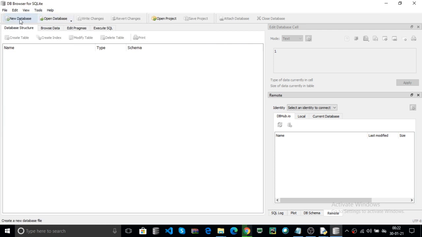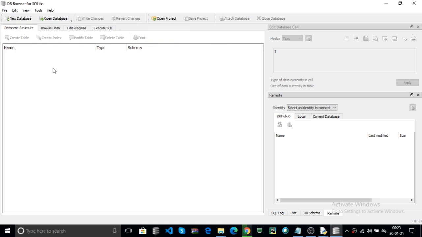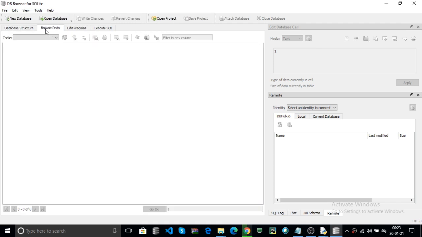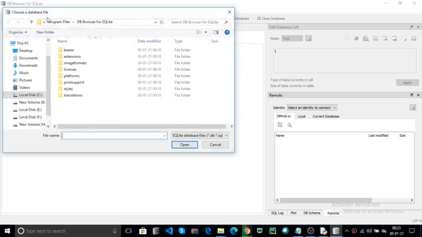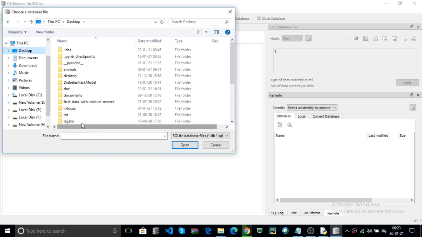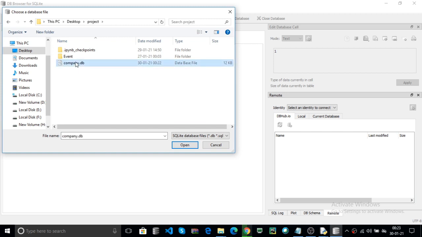After opening your database, you can also browse your data or execute SQL statements in the browser. Here I open my DB from the desktop in the project, company.db.